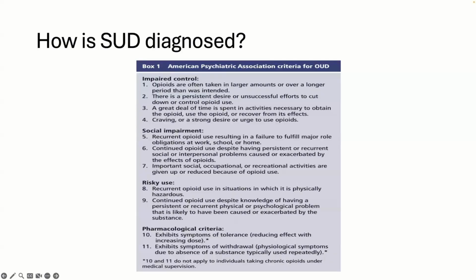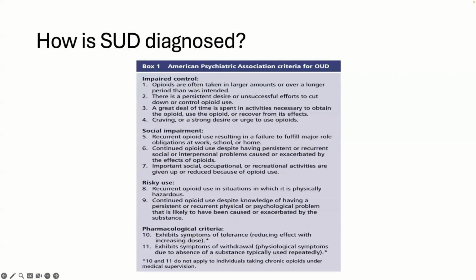The third domain is risky use, and so this is using opioids in an unsafe manner, or continuing to use it despite knowing it's causing harm, whether that's physical or psychological. And the fourth domain is pharmacologic criteria, which includes tolerance and withdrawal symptoms. A key point here is that tolerance and withdrawal alone,